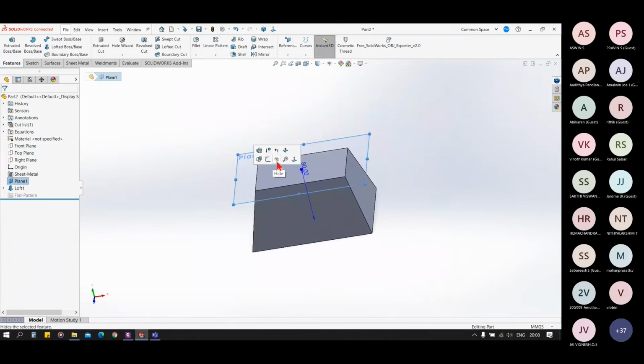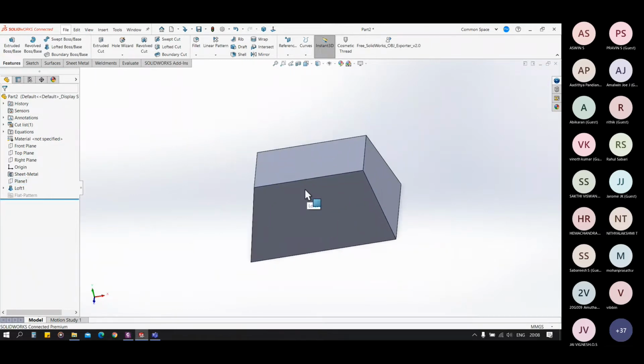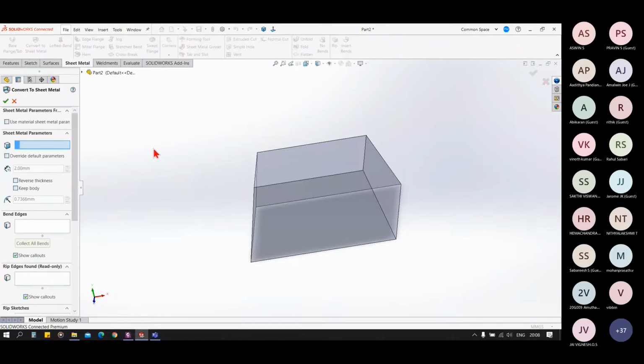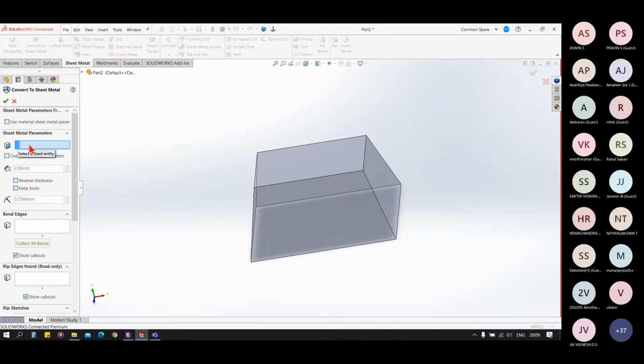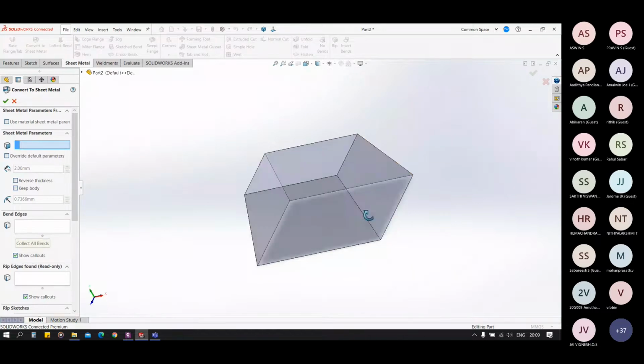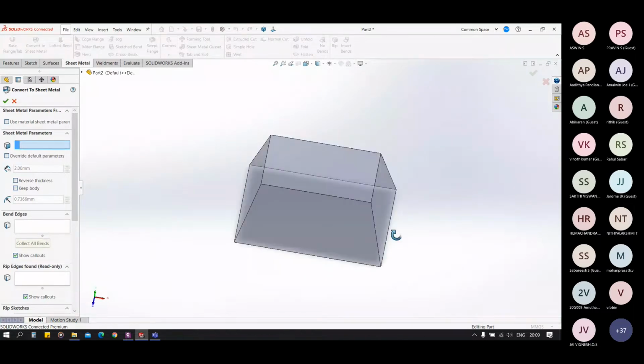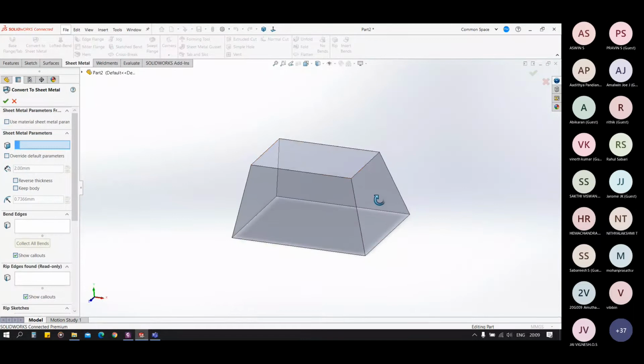So I have this 3D body. Now go to convert to sheet metal, and you see various options here. The first option is to select a fixed entity. We are going to convert this block into sheet metal, so we have to select the face which will be fixed throughout the operation. So I am selecting this.